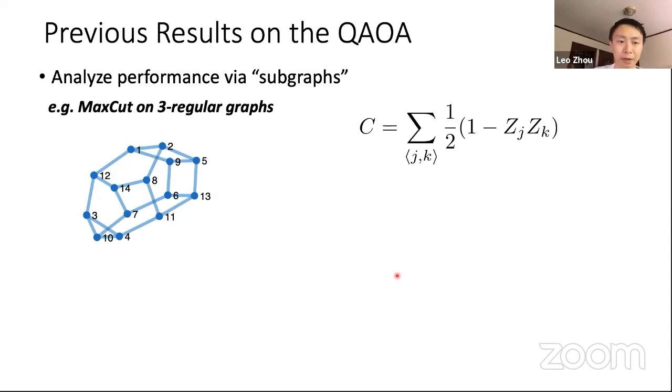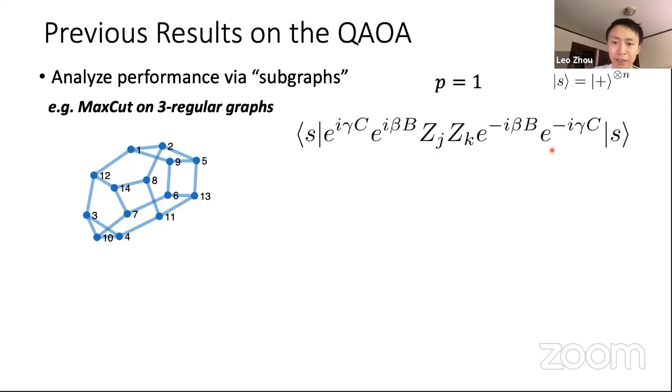As an example, I'll again talk about max cut, now on 3-regular graphs. These are graphs where each vertex is connected to exactly 3 neighbors. And this is the cost function again. If you want to evaluate, say, the expectation value of the cost function at p equals 1, it will basically consist of terms that look like this. For each edge, you have a z_j z_k term, and then that's going to be conjugated by the 2